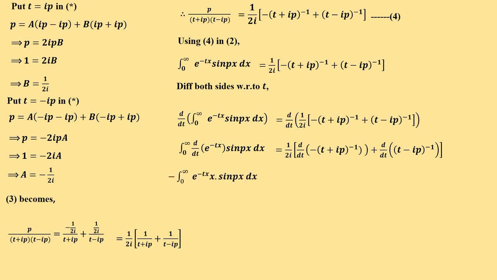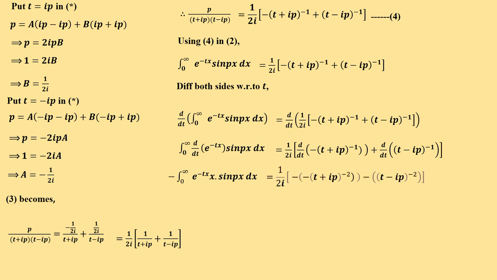So the derivative of e power minus tx, right? We know that the differentiation of e power minus ax is equal to minus a into e power minus ax, right? Similarly, we are having e power minus tx, so minus e power minus tx into x. Here differentiation is with respect to t, right? So x is a constant. So minus integral 0 to infinity e power minus tx into x sin px dx is equal to 1